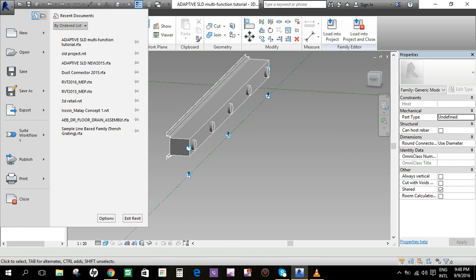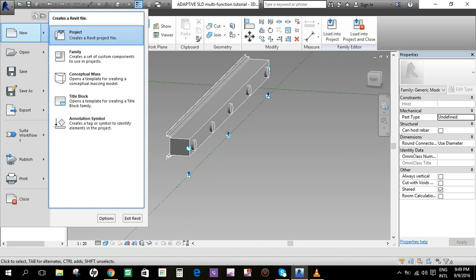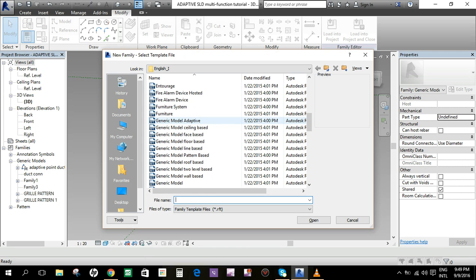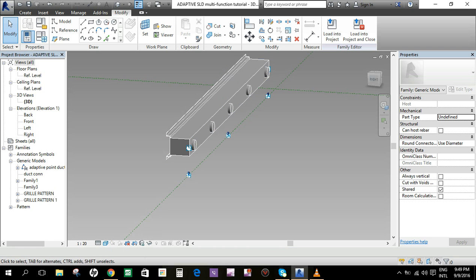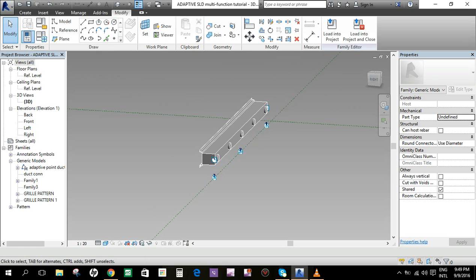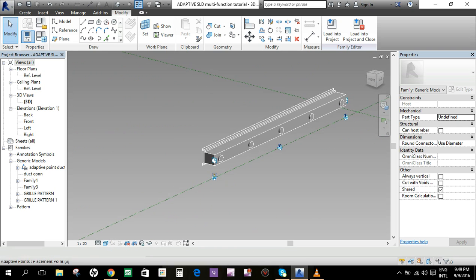You can create this one when you select new family, and then you select the generic model adaptive. You select that and you open that. So now we will deconstruct this family.